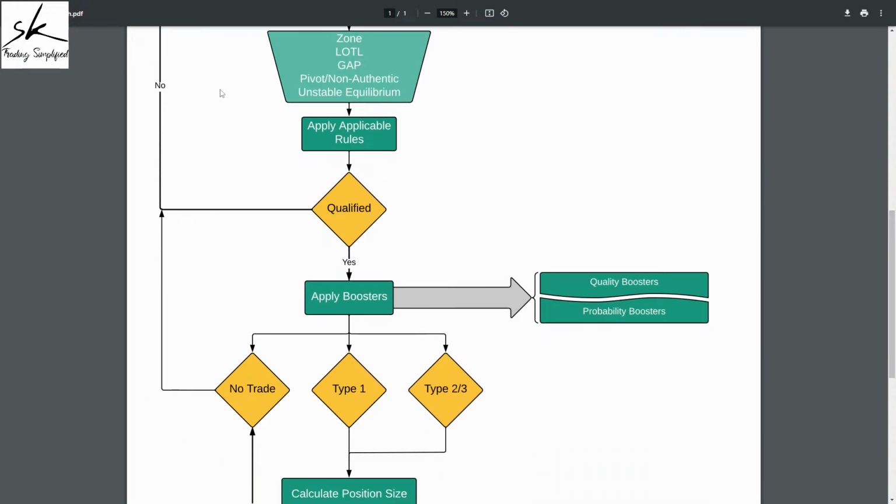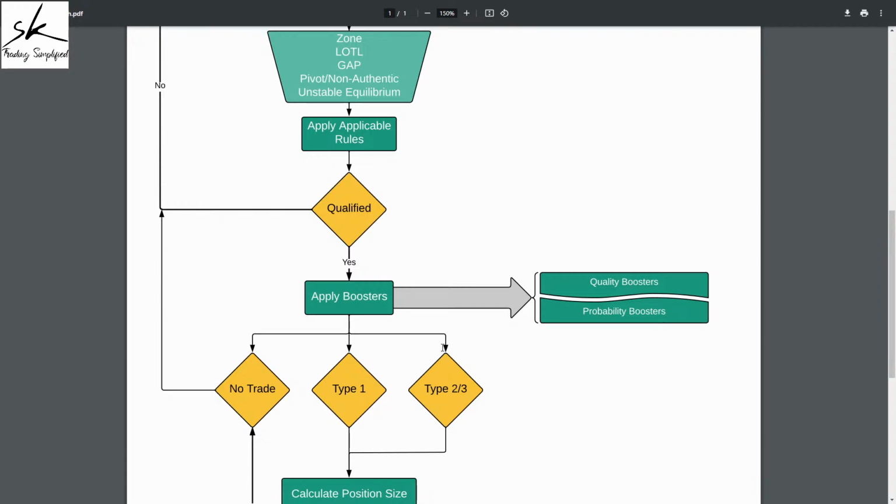it, because what happens is there might be a number of demand areas, there might be a number of supply areas, but every demand or every supply might not be a tradable demand or supply. So how do we qualify which one we want to use? For this, we have certain rules which we need to follow. First, we look into certain criteria and we qualify the zone based on those criteria. After that, we look into the booster scoring, and based on that, we decide whether we want to use this